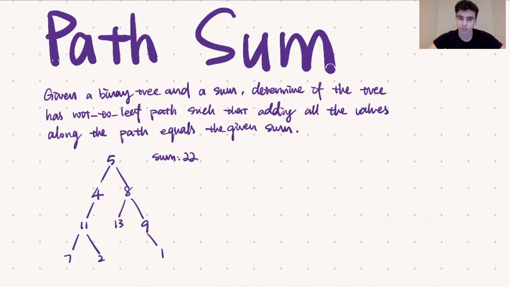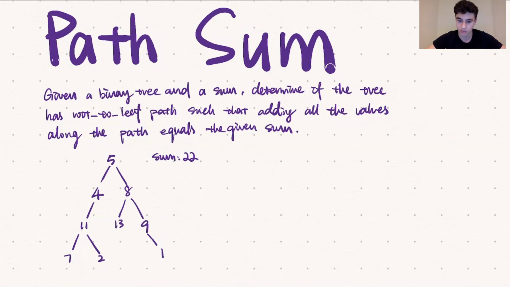Today's algorithm, we're going to be discussing the LeetCode question, Path Sum. Now, this question asks, given a binary tree and a sum, determine if the tree has a root to leaf path such that adding all the values along that path equals the given sum. Essentially, we want to find a sequence within this tree that is also a root to leaf path that sums